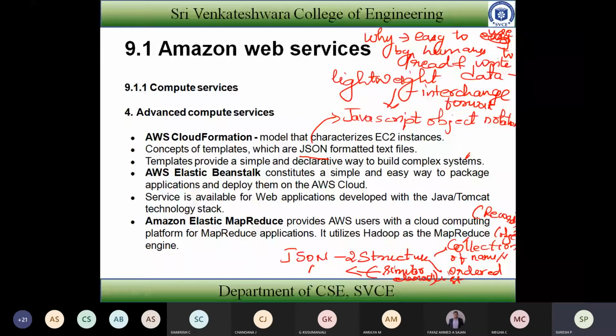So here, whatever the file system you are going to have, that will be stored in the form of blocks. Okay, so you are going to have that one. So when you talk about your Amazon,